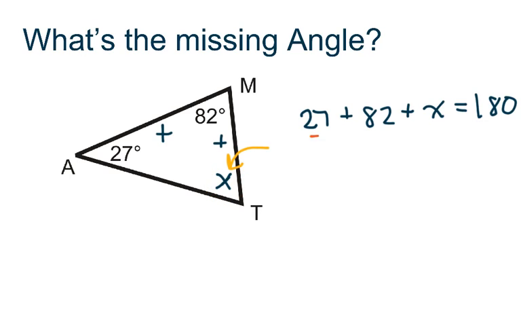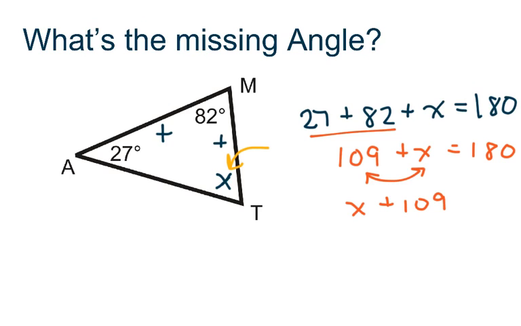All right, first thing we can do is simplify these constants. So 27 plus 82 should be 109. And everything else remains the same. Just for the sake of helping things make a little bit more sense visually, since this is addition, I'm going to flip the order real quick, just make it x plus 109. You don't have to do that step, but I think it makes more sense for me,